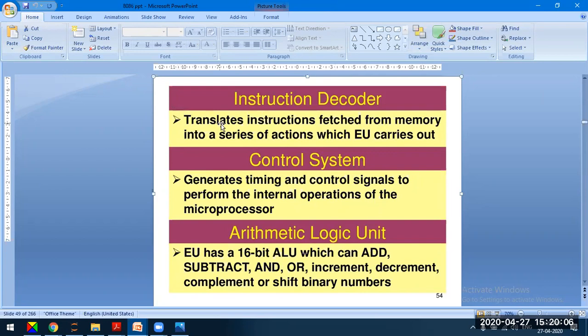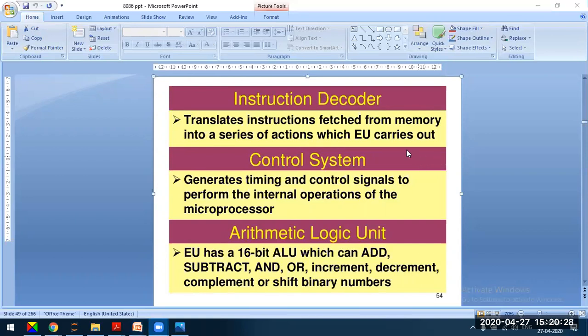It may require data, it may not, depending on the instruction. After executing the instruction, it will generate the result, and the result will be stored in the memory. When we say memory, not all memory is the same. Memory can be external memory, or it can be internal CPU registers. So the EU will basically store it in the internal CPU registers, and later transfer it into external memory depending on the requirement.